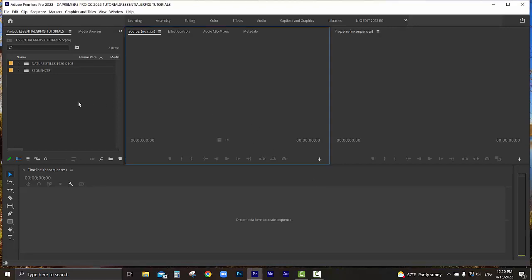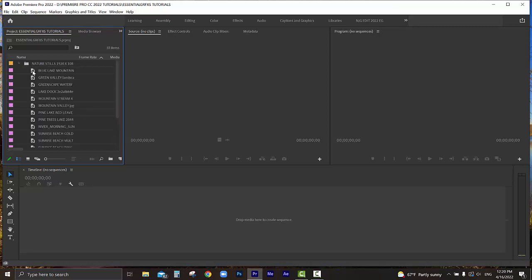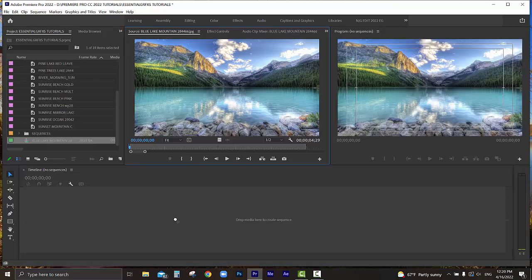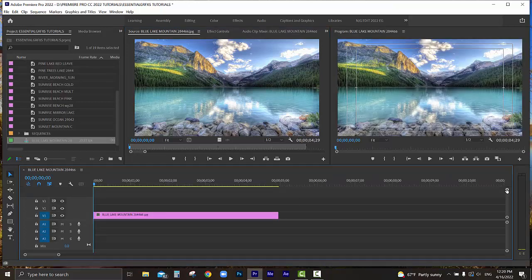Okay, this is going to be a quick tutorial on using the Essential Graphics workspace to create a rolling title. All right, I am currently in Premiere, and I already brought in some images here that I'm going to use as a background. I'm just going to use this lake shot. I'm going to drop this into my timeline because I'm going to need a sequence when I create this title,